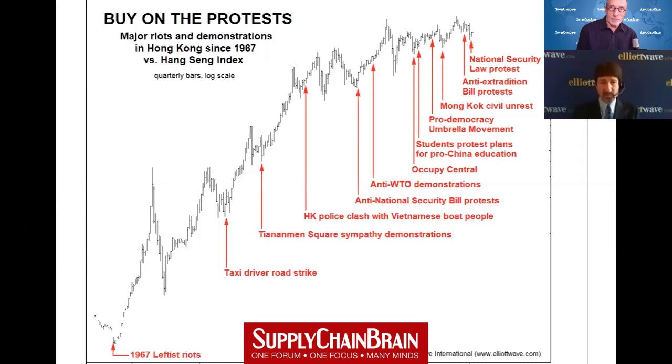I mean, here we have a list. Most of these I collected from Bloomberg. They had a wonderful list back in 2014, and I simply charted them against the Hang Seng Index, which is the Hong Kong stock market index, and look at them. And I have to admit, not all of them are bullseyes. If you look at the first three in particular, I will warn you that those are 20% drops that occur